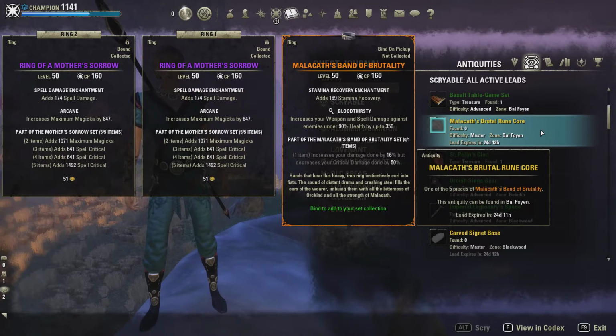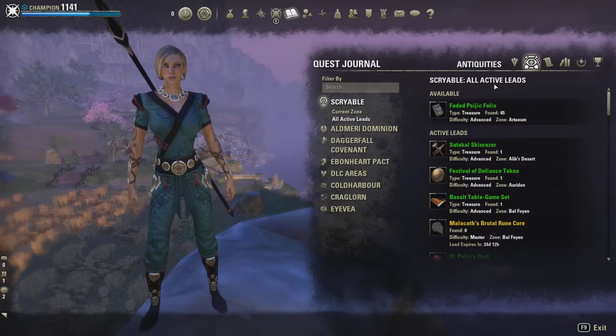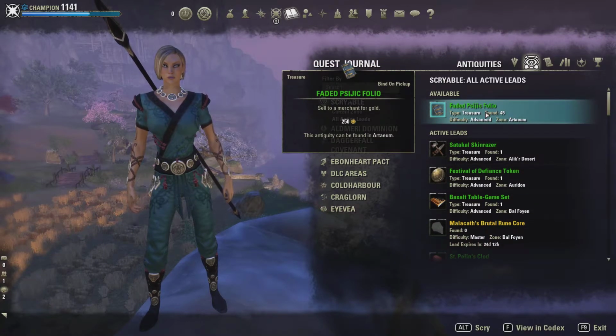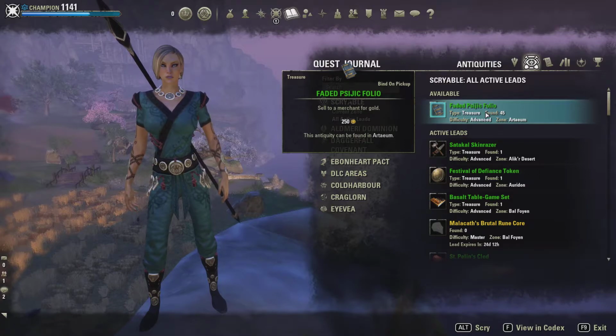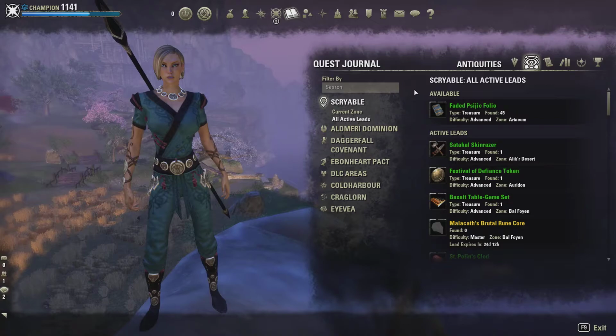So I would have to go to Balfiera to scry it there. I'm not doing that right now. I'm just going to show you a simple one, that is the Faded Sigil Folio in Artaeum. And to understand the process of scrying a little bit better, I'm going to bring up the skills menu